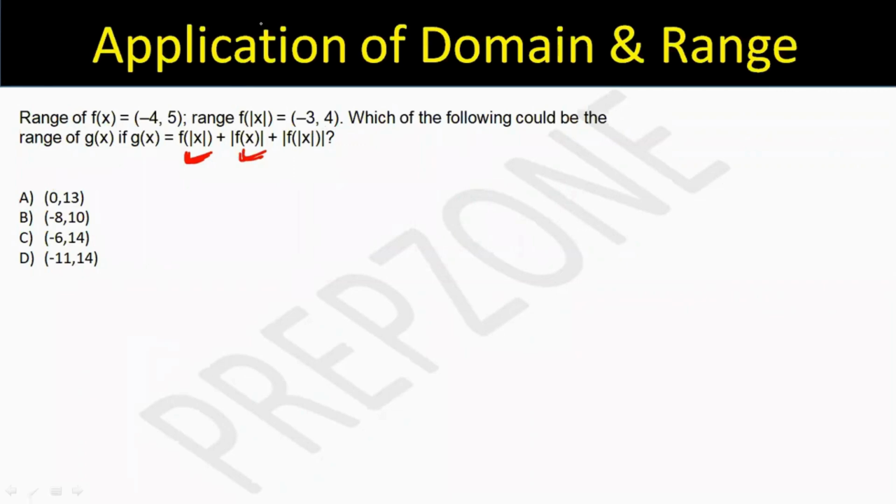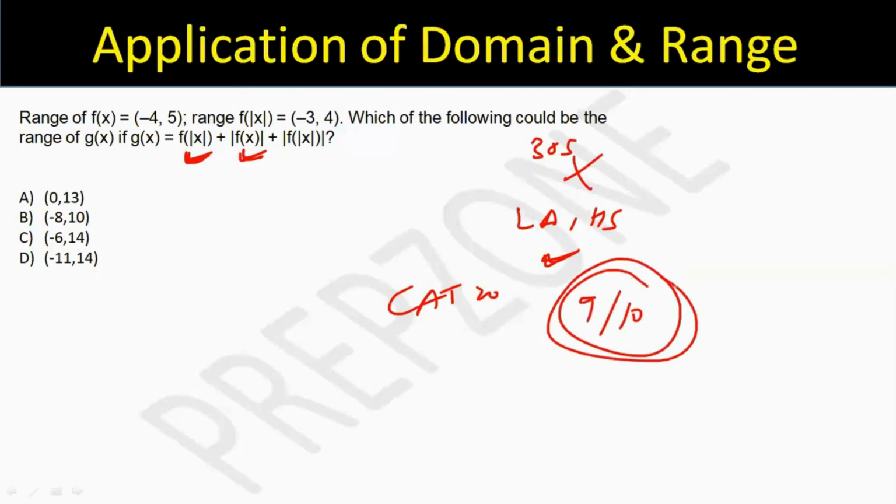Okay, so I think guys, on domain and range these are the kind of tricky and advanced questions that you may possibly see in your exam. But again, if you see, this question was solvable in 30 seconds. You can make mistakes here. As I said, algebra is a topic which is low accuracy and high speed, something which should be attempted at first go. And in CAT 2020, you had around 9 to 10 questions directly from algebra. And every question was doable in 15-20 seconds, if you know everything. Okay. Moving further,